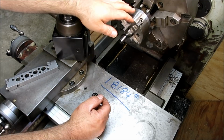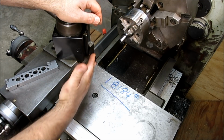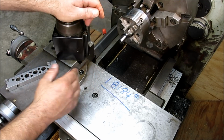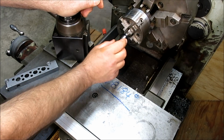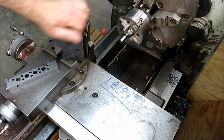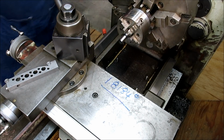Okay, so we talked about the first two methods of setting the compound angle real accurately. Just to review, the first is to indicate along a known sample, which this is. If you don't have a known sample, then you can use the